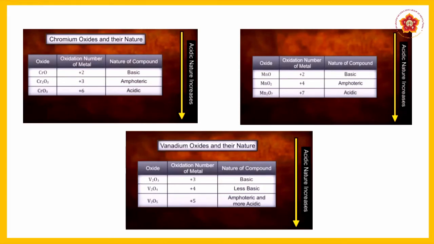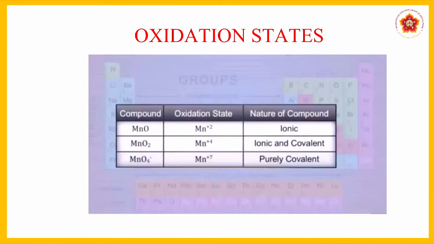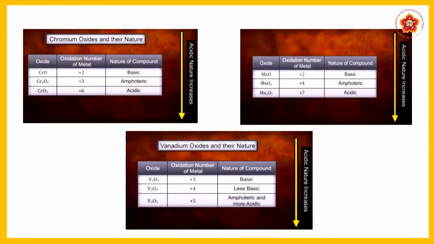Whenever the oxidation state is less, we have already seen that they prefer ionic bonding. And what is ionic bonding? Complete transfer of charge. So that is why they will be basic, because they are ready to give electrons. But as the charge increases, we have gone more towards covalency, which means donation has reduced, sharing has increased. And because of higher oxidation states, we go towards a more acidic nature.